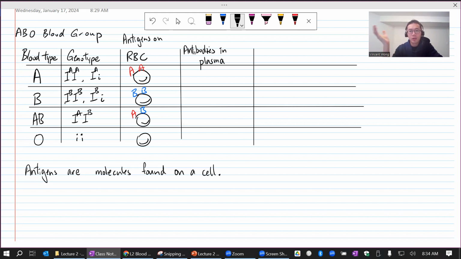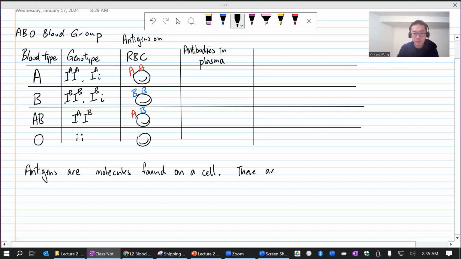So you don't make antigens, so to speak, like they are inherited. Okay, whether you are type A or type B or AB, that depends on what kind of allele you inherit from your parents, right? So that's something that you are born with, right? So these are inherited. You are born with it, okay? You don't get to choose. Now,